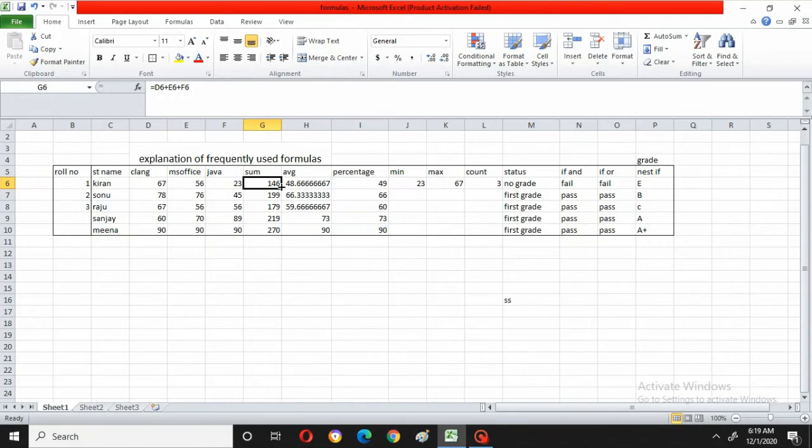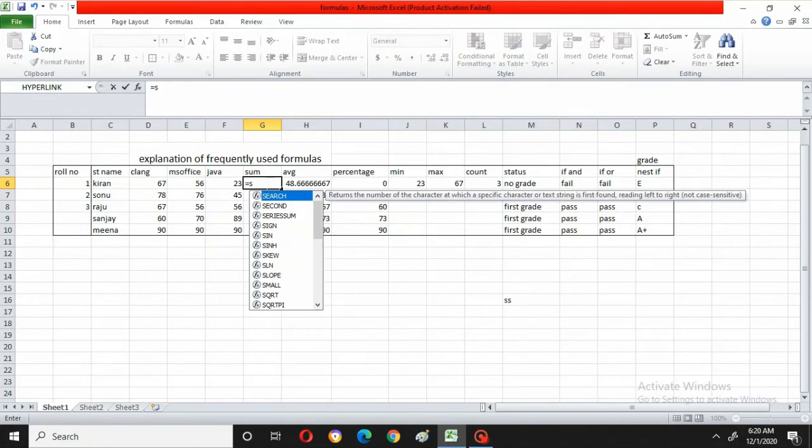Now what I will do is I will use a function here. For that I will remove this, and again I will go to that particular cell and I will say equal to. I am telling how you have to use the function. Equal to. Now I will type S over there. Why I am typing S is I want total. Total you can call it as sum. So I want SUM. So I have typed SU. Automatically it is showing many functions. Whatever functions are there, it is showing in the drop down menu. Now I will select sum.